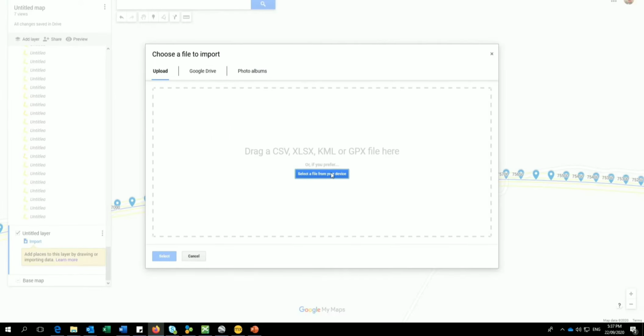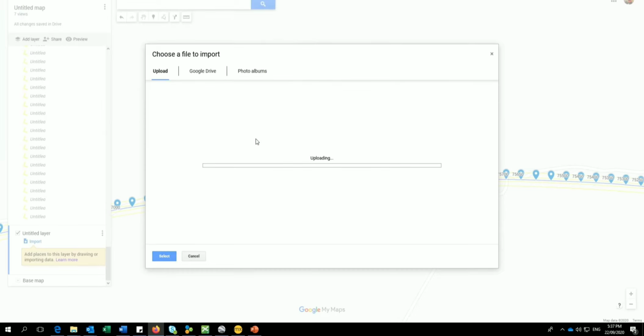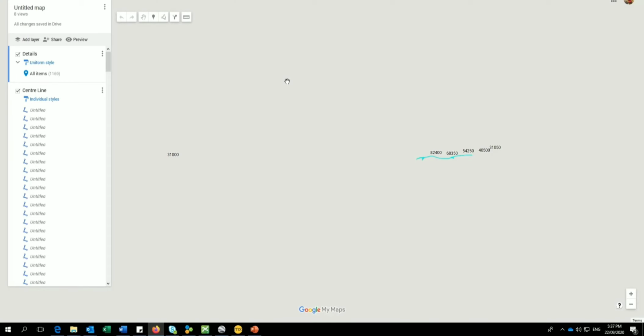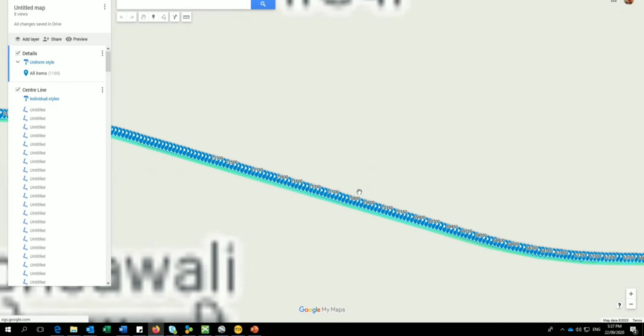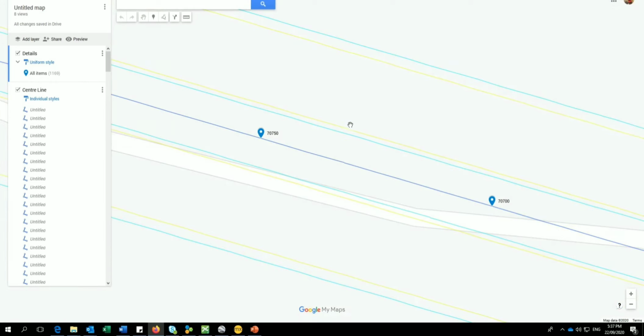Now again I am importing the shoulder. There is no requirement of third parties. See, now the shoulders are also displayed.